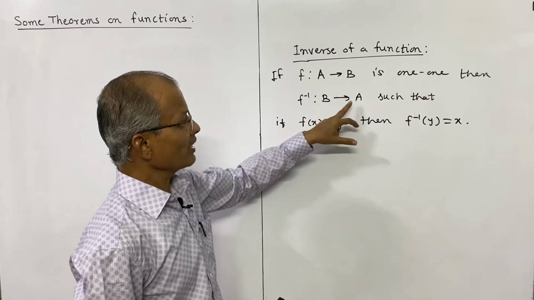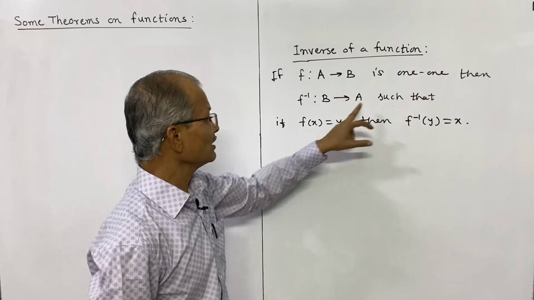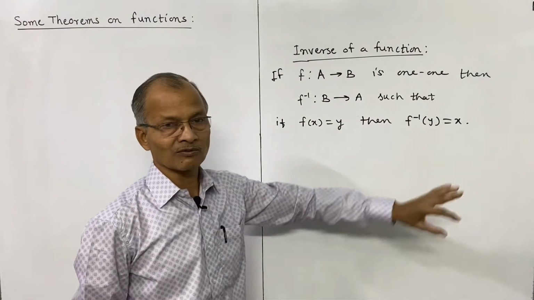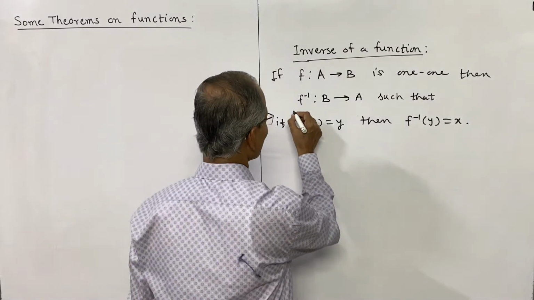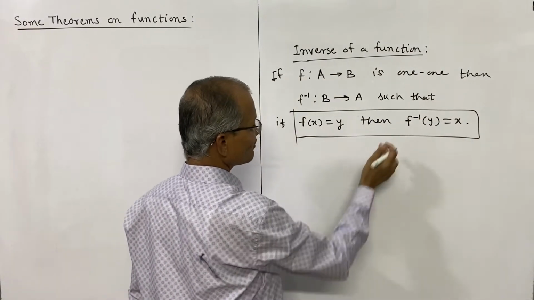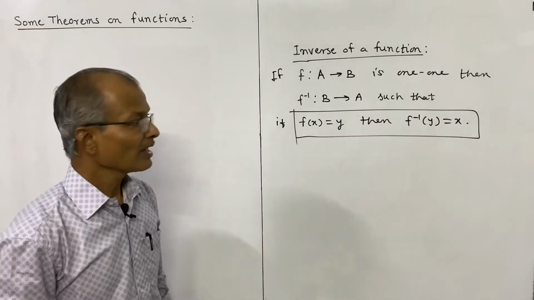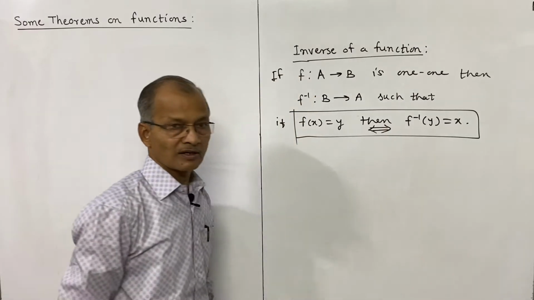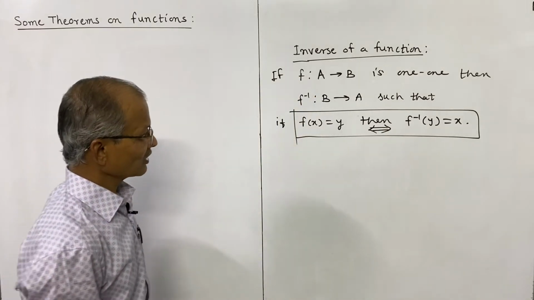Now B is the domain and A will be the codomain, such that if f of x is equal to y, then f inverse of y is equal to x. So this we have to remember, that f of x is equal to y implies and is implied by f inverse of y is equal to x. So this is the inverse function. For example,